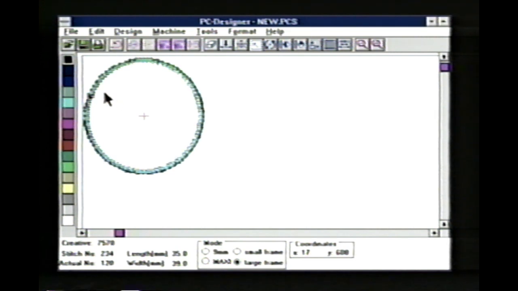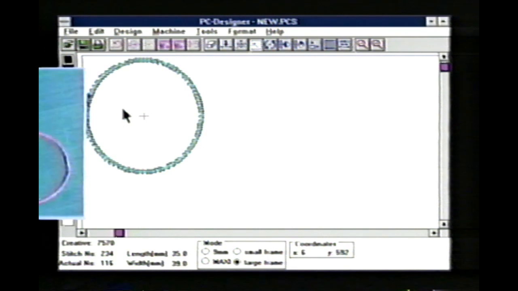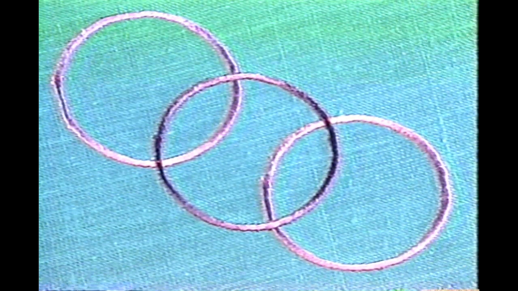Then enter. Now click on the outside of the circle. Again, hold down the Shift key and arrow to go clockwise. Then enter. Amazing, isn't it? Save it as